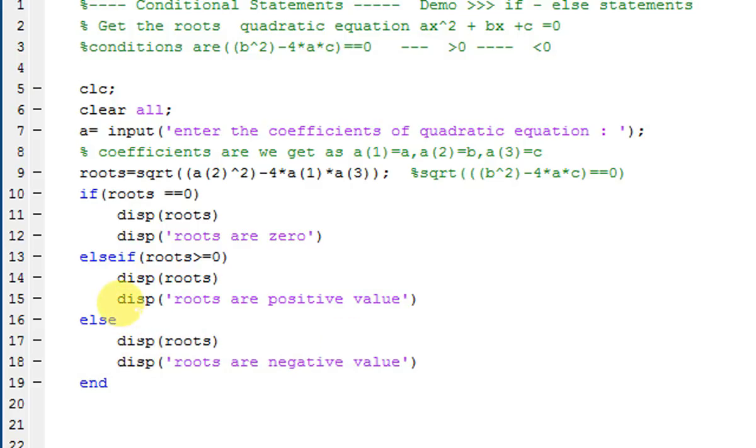The else statement need not have any condition; we only have to write else. But the if condition requires one condition, and the else if statement also requires one condition. So these are compulsory, but the else statement does not require any condition.